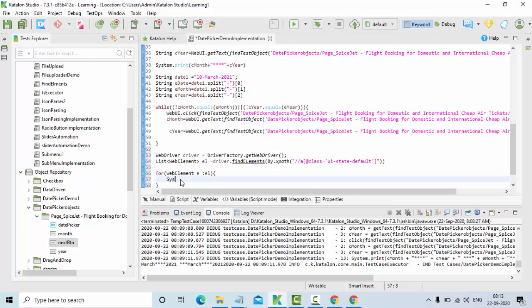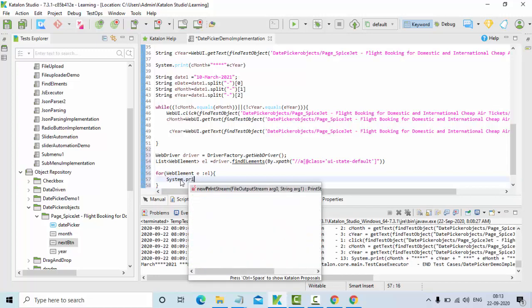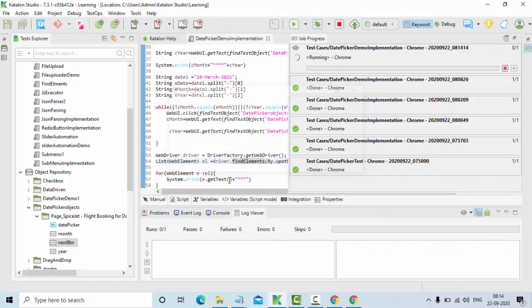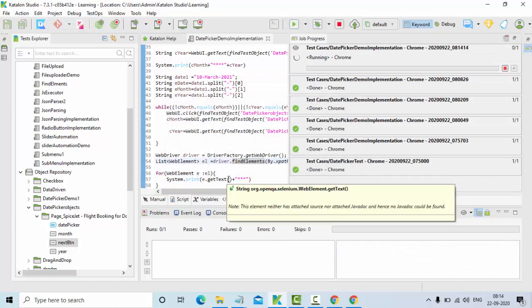Let me try to print the dates here: System dot out dot print e dot getText. So I'm trying to get all the dates here. Then we'll see how we can click on the desired date that we wanted.